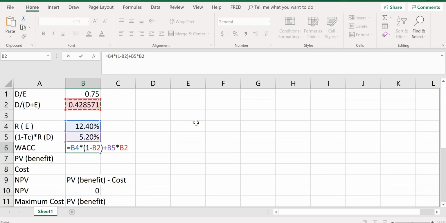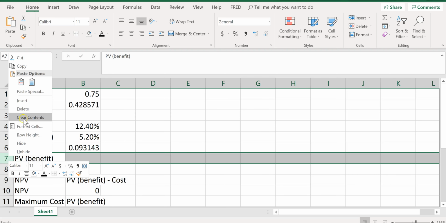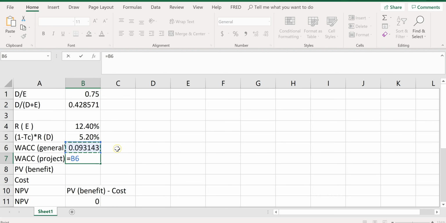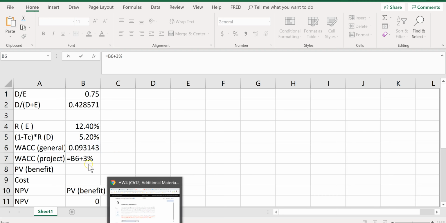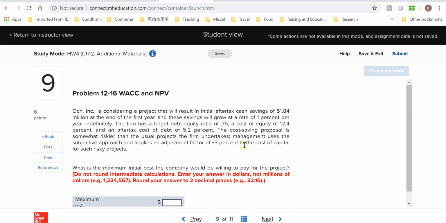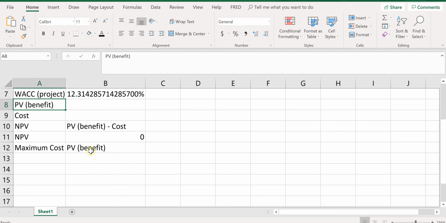So this is basically the cost of capital for this general business. And then, so this is the WACC for the general business. So now WACC for the project is simply this WACC for the general business plus a risk premium adjustment, which is 3%, right? 3%. So now we have figured out the cost of capital for this project, and now we can calculate the